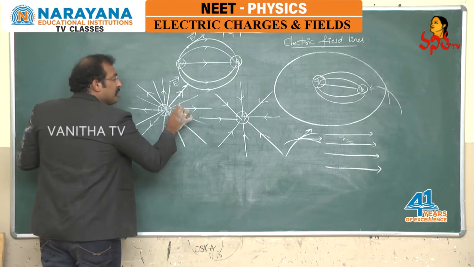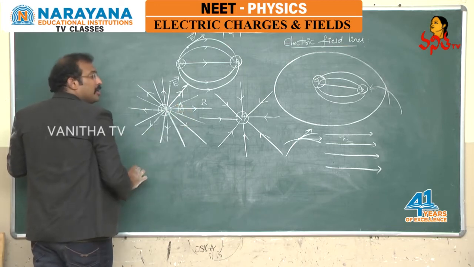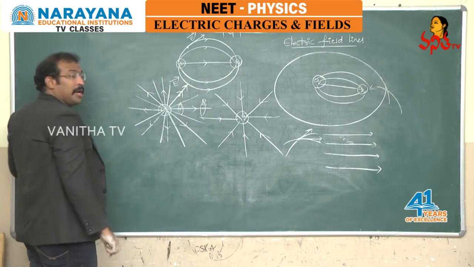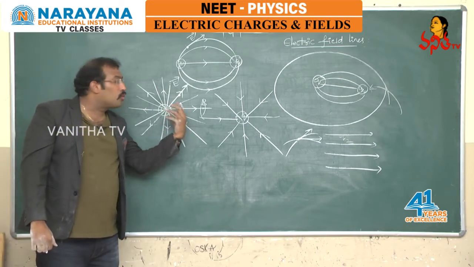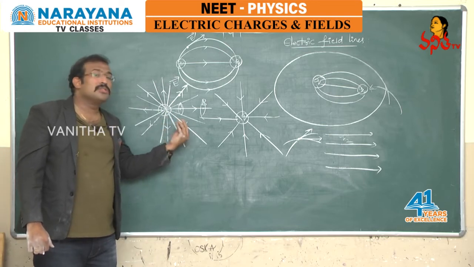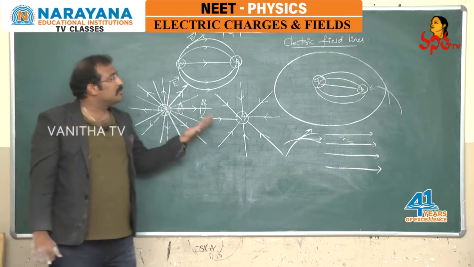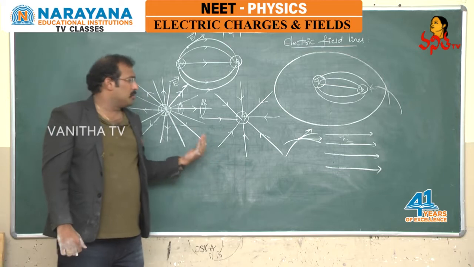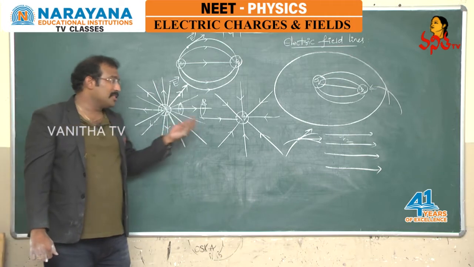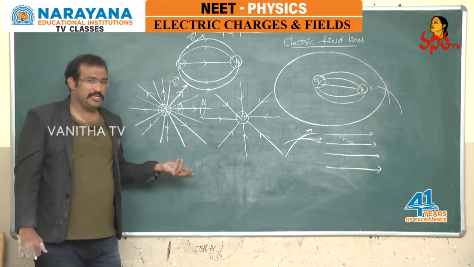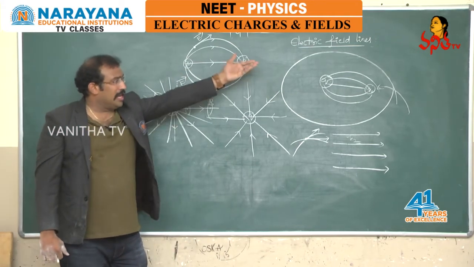The strength of the field, if I consider two points A and B, the strength of the field at this point is greater than the strength of the field at a point B, which is far away from the charge. That is, wherever the field lines are close to each other, it produces a maximum strength. So we can simply say that the more field lines at a given point, the larger the field. The fewer the field lines, the less the field. This is a way we can explain the electric field lines.